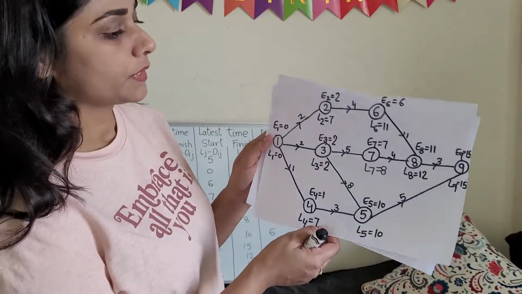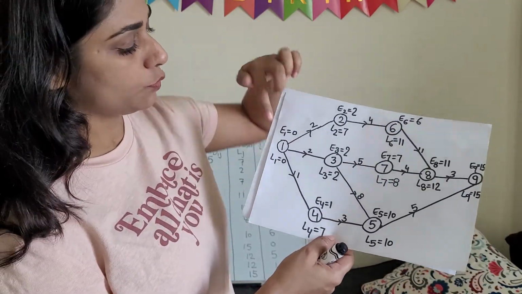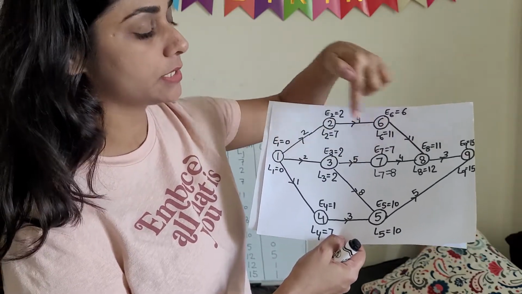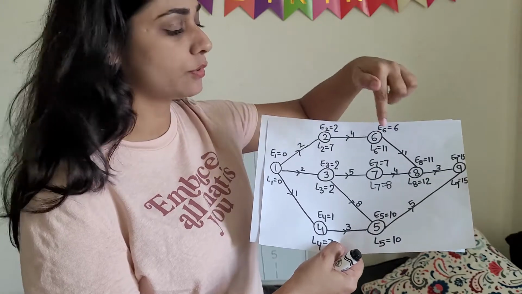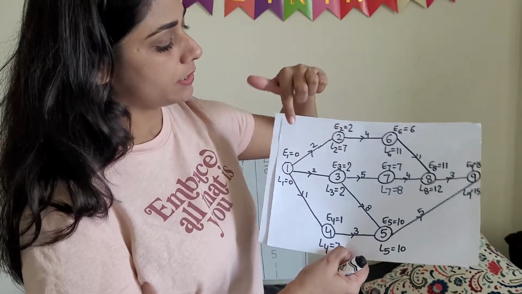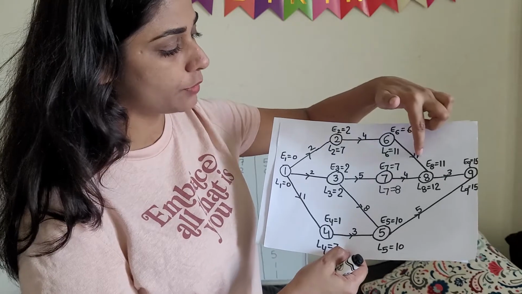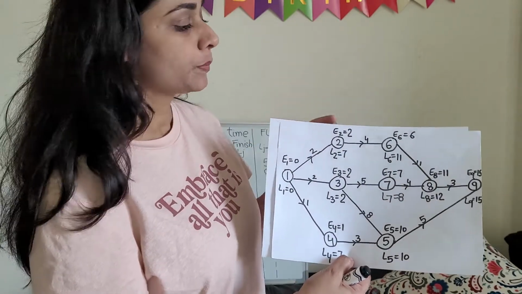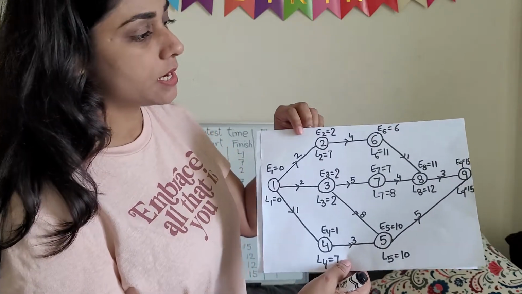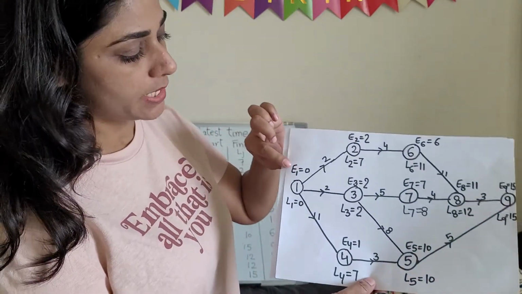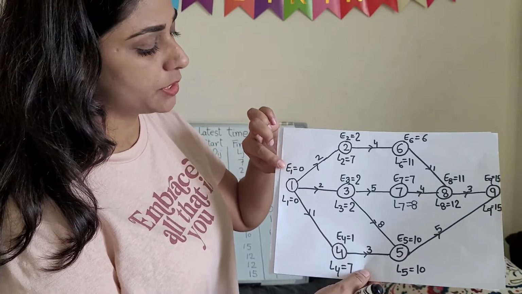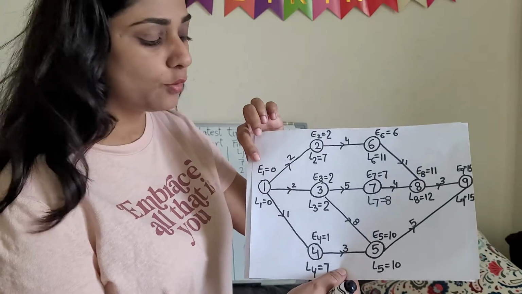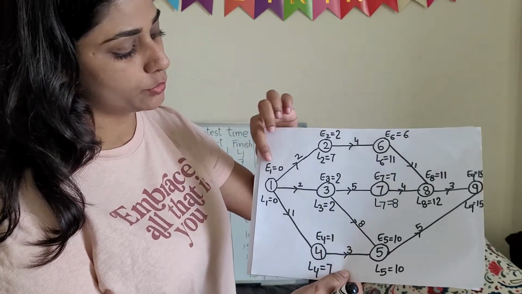Let's check. This is a PERT diagram, and 1 to 2, 1 to 3, 1 to 4, 3 to 7, 6 to 8, these all are the activities or events for the project. And 2, 4, 1, 4, 5, these are the timings or expected times for the activities. So let's start with earliest time. Earliest time for the first event, we will mention E1, and E1 always will be 0. So E1 equals 0.